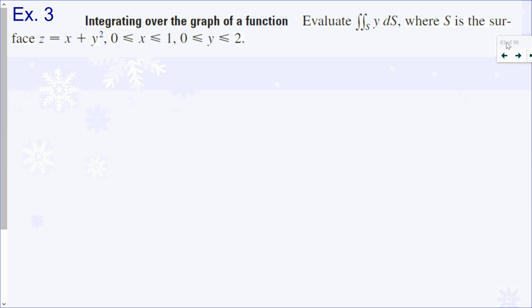So yet another argument to keep it in Cartesian form. So for the formula, you do need to know the partial of z with respect to x, which is 1, partial of z with respect to y, which is 2y,